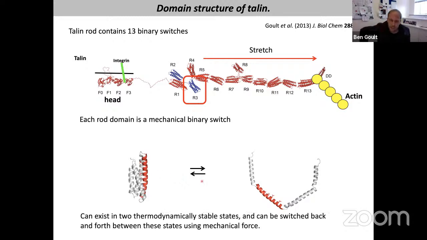But what that means is that you can switch back and forward between these two states using force. You can pull on it and let go a little bit, pull, like by moving the contractility, you can coordinate these switches and turn them into different states. And so what we're now starting to do is, instead of calling them folded and unfolded, this is an O state, this is the resting state, and it can transition to this one state when you exert force on it.